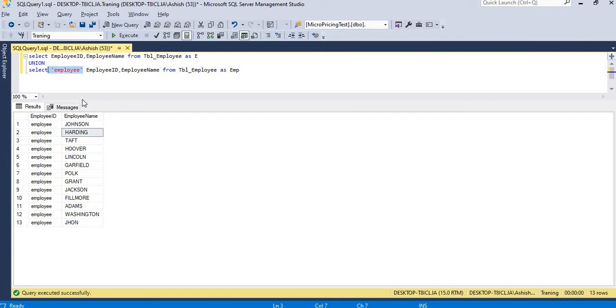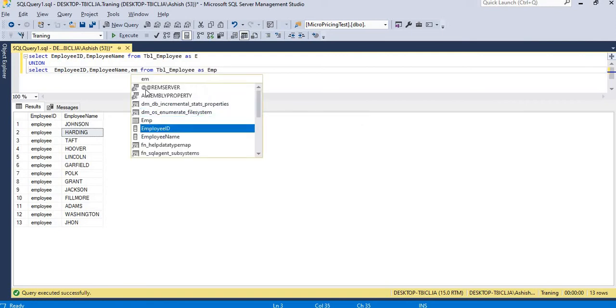So the data type should be the same for the columns in the upper and lower queries, and the number of columns should also be the same.